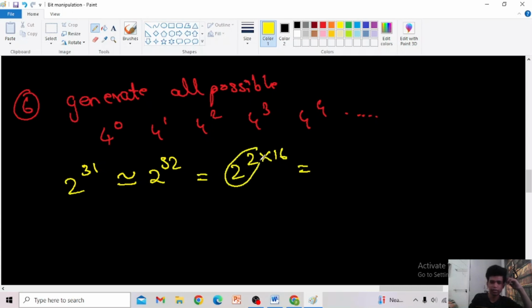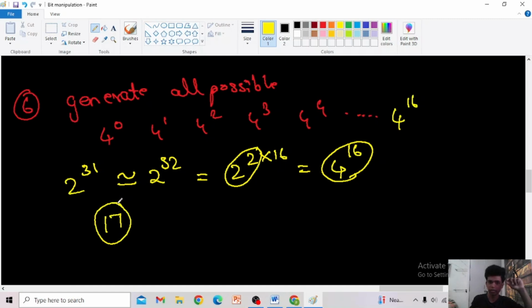And this 2 power 2 can be written as 4 power 16. Fine. So I can say the maximum possible value can be 4 power 16, not getting beyond 4 power 16, right? So my final value would be 4 power 16. So I want to generate totally 17 values of this power of 4s, and I want to store it in